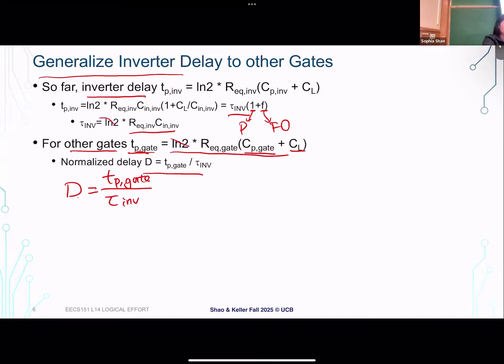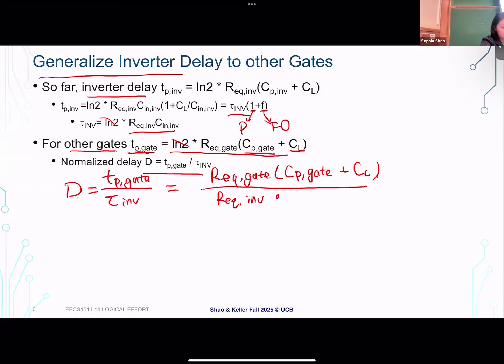We can cancel this annoying 2 term out, and then what we basically have is the equivalent resistance of my gate and the parasitic capacitance of my gate. I'm just copying the equations now, and the load, right? This is my propagation delay of my gate normalized to, we mentioned earlier, the RC constant of my inverter,